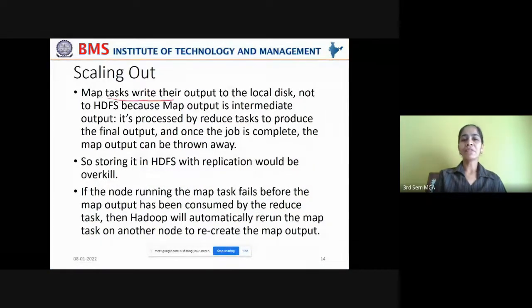Now, map tasks write their output to the local disk, not to HDFS, because map output is intermediate output.